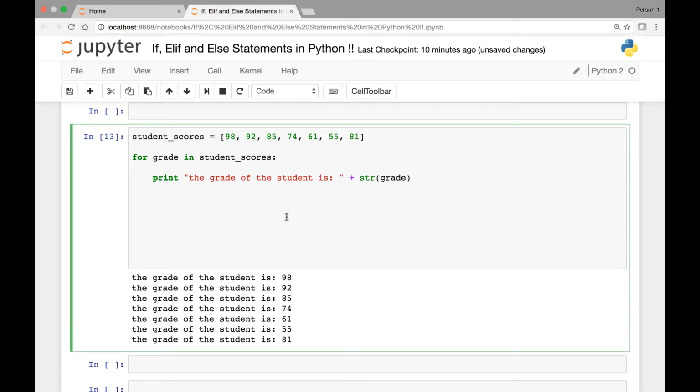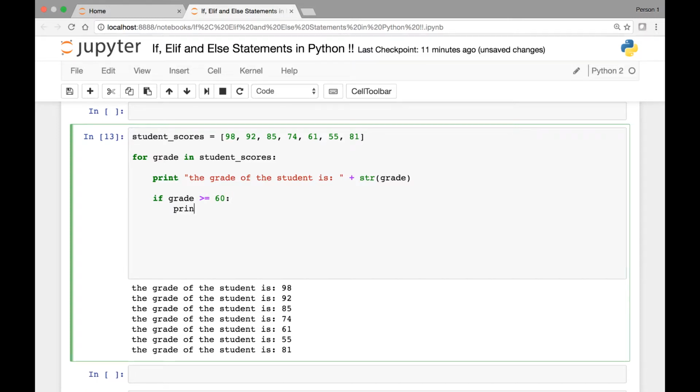So we'll do all of that within our for loop. So let's start. We can say if grade is greater than or equal to 60, we can print student has passed, or simply passed. We can say passed with a passing grade, and then